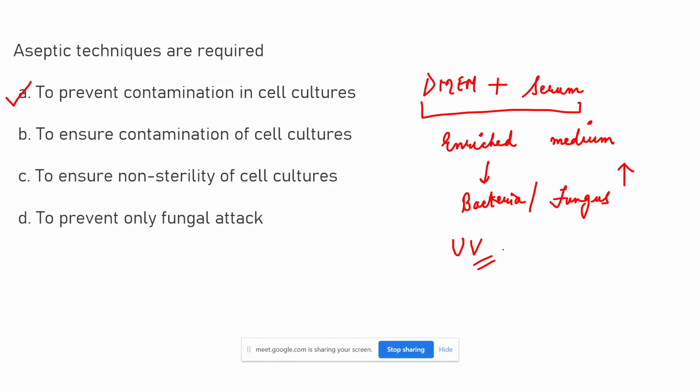So these are some of the basic aseptic techniques which are followed, along with some personal ways to avoid contamination in cell cultures, because once the contamination comes, your entire plate, your entire dish, your entire flask will be wiped out in just a matter of 1 day